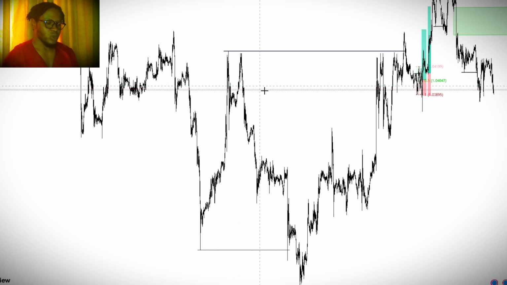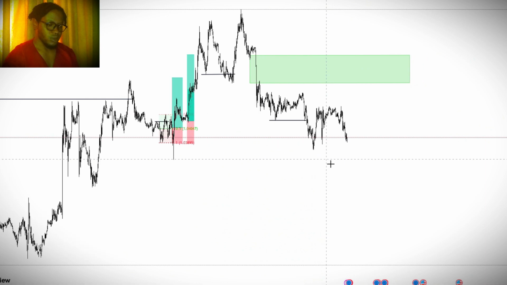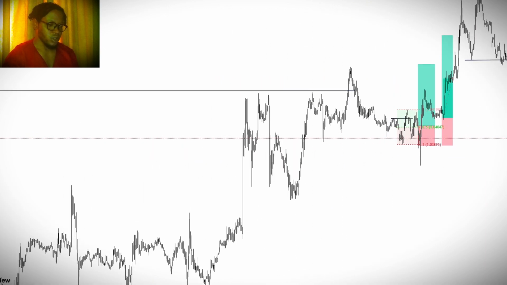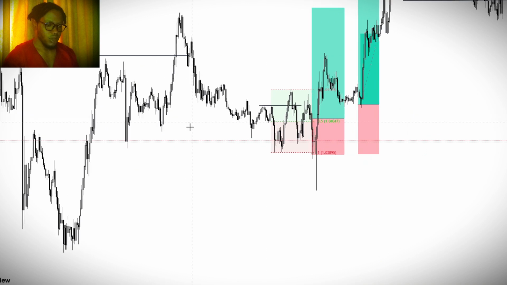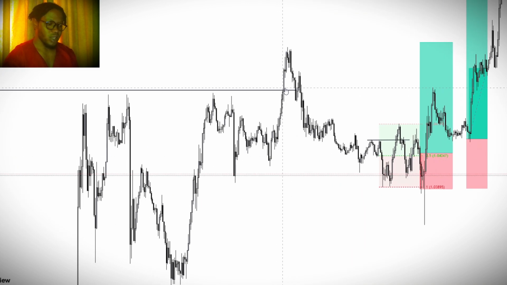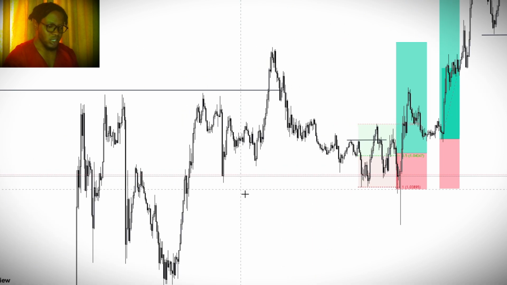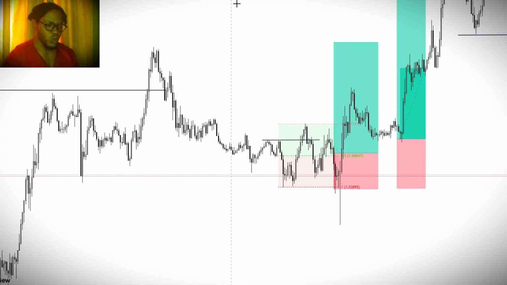So I waited for price to break above it, giving me that shift of structure, which I had right here, at this point. Let me zoom in. At this point, I had the shift of structure. So I waited for a retracement. After a good retracement and a liquidity sweep below our flip zone right here,